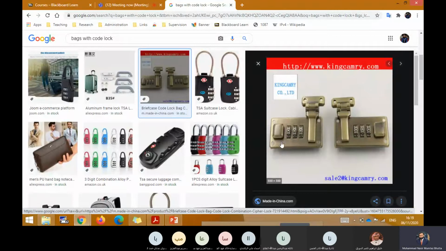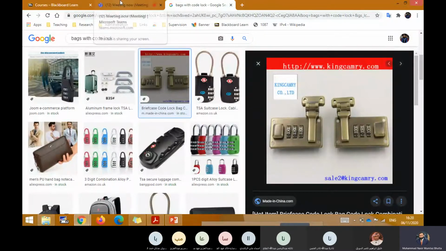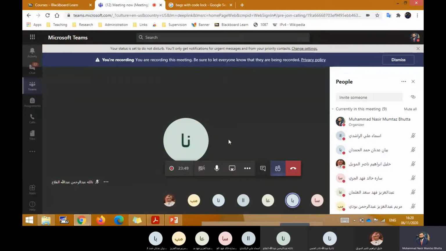So can you guess what is the most common password in these kind of bags? Can you guess? Usually 000. Yes, all zeros. It's very common.